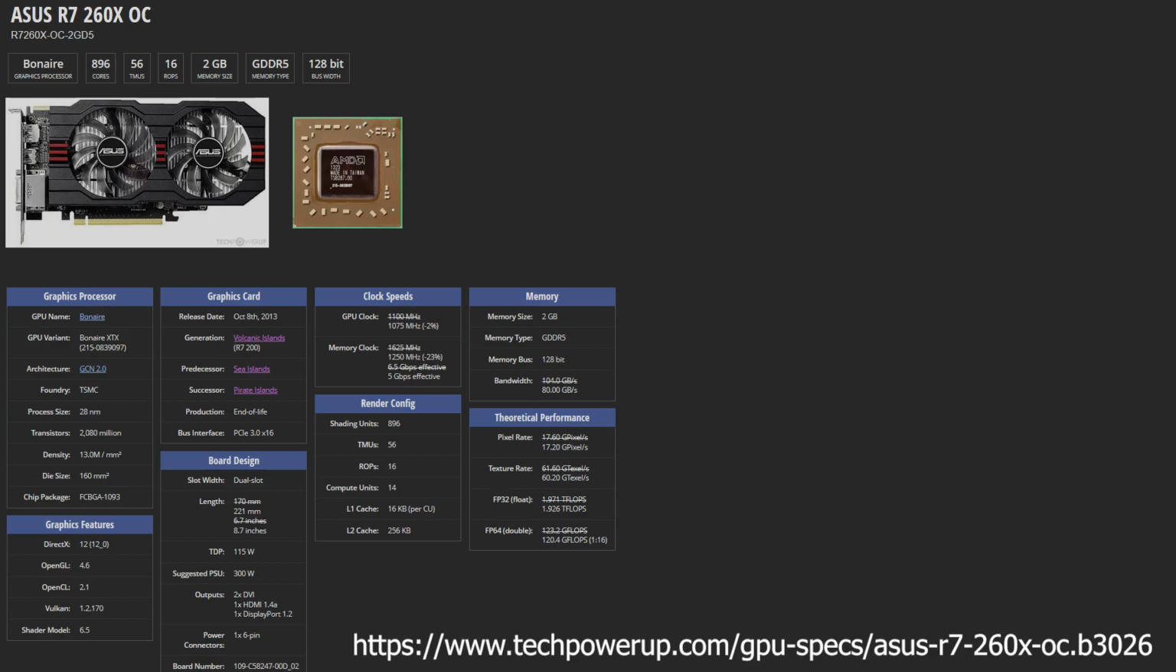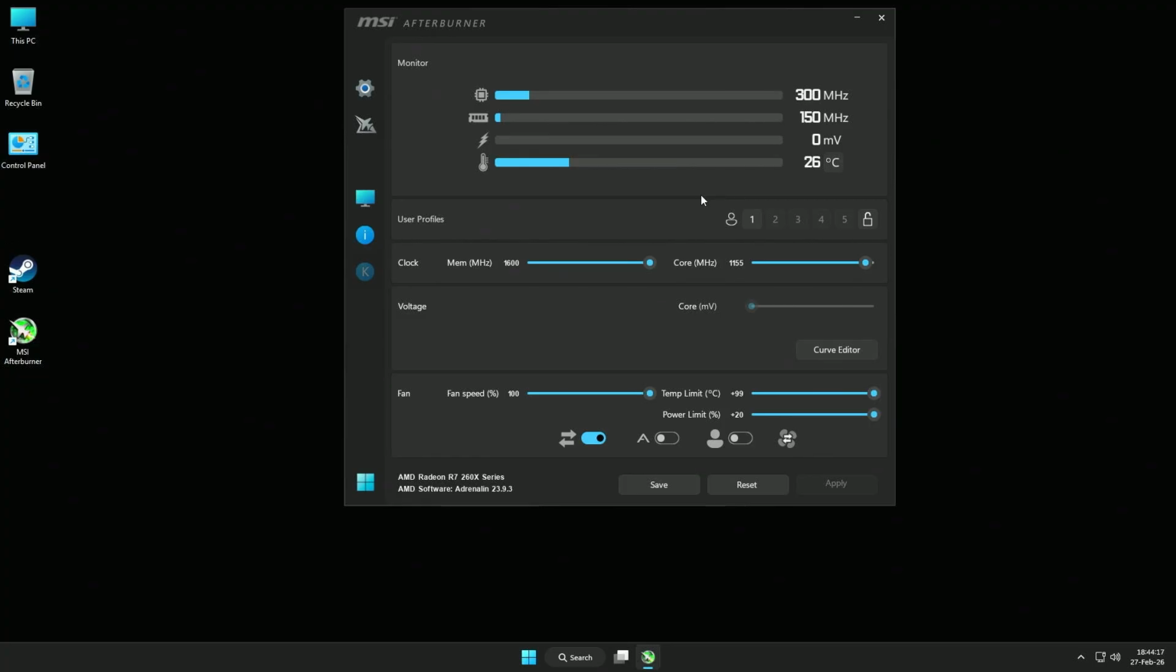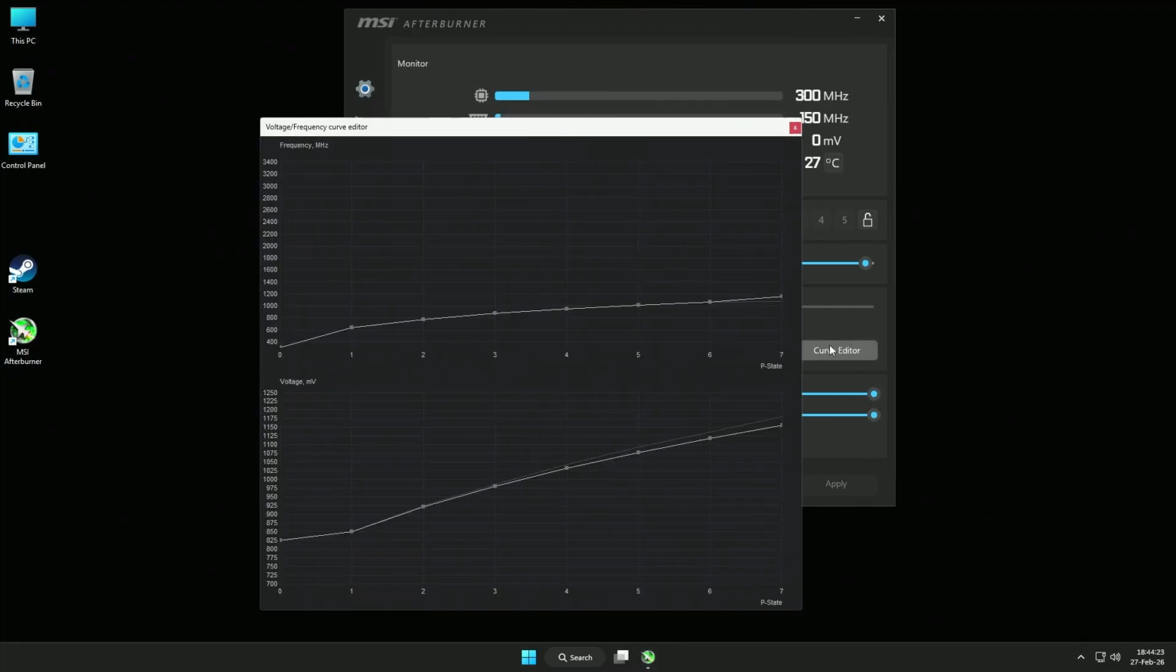Now for the overclock, this particular Asus came downclocked from factory, running 1075 instead of 1100 for core and 1250 instead of 1625 for memory. We managed to clock the core at 1155 and the memory at 1600 with a minimal core undervolt consisting of the following p-state drops: 0, 0, -2, -5, -10, -15, -18 and -24 mV,